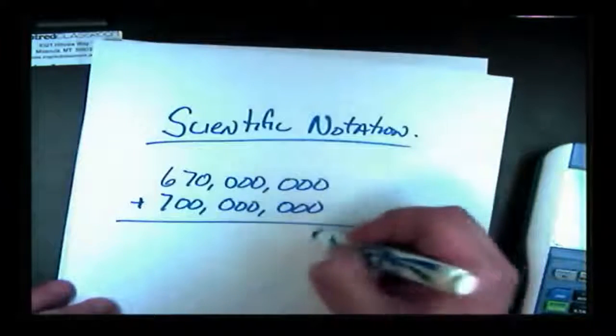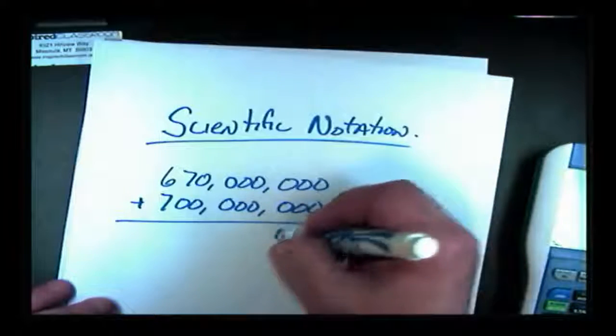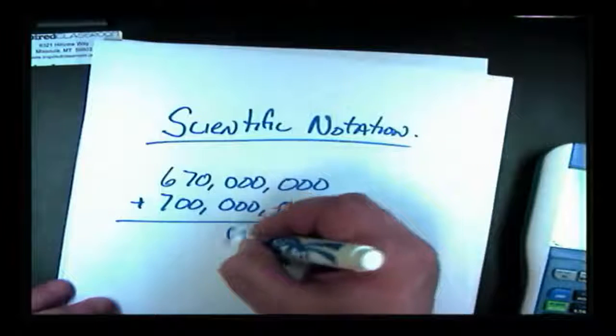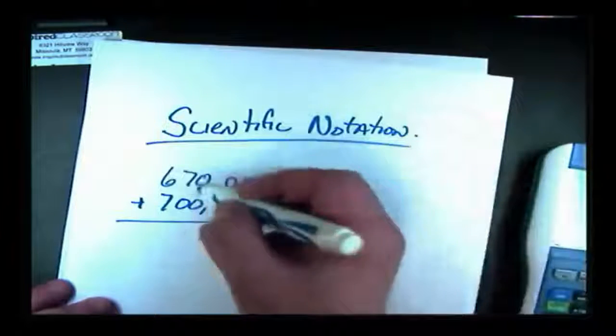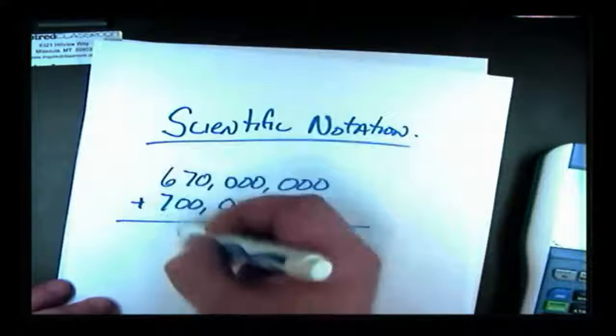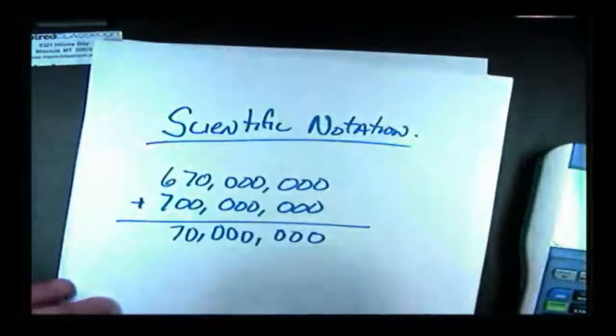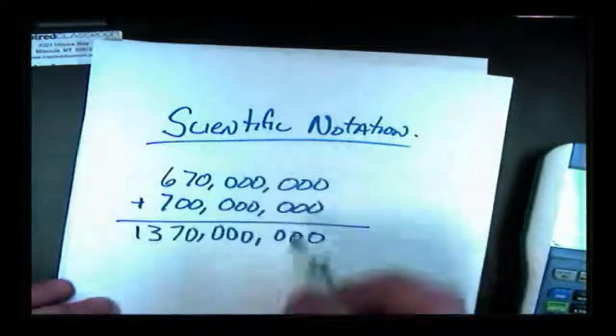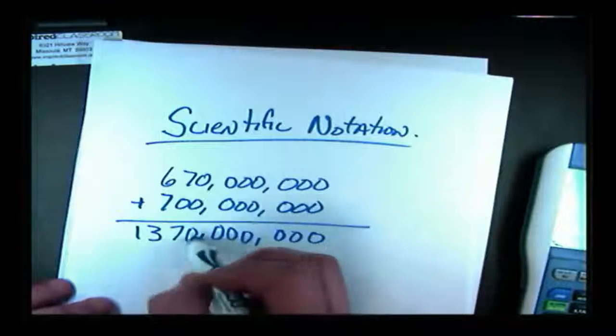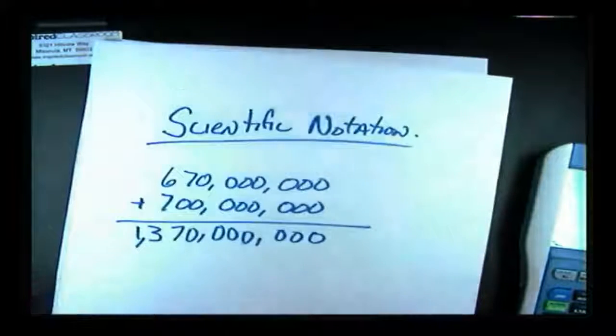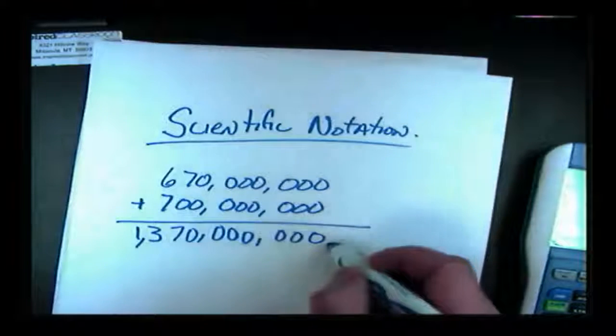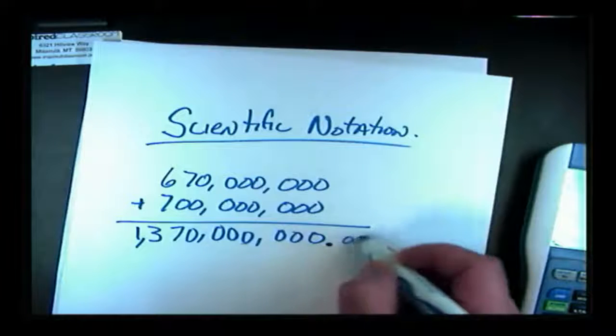So adding has been just like it always was. 0 plus 0 plus 0 is still 0. 7 plus 0 is 7, and 6 plus 7 is 13. 1, 2, 3, 1, 2, 3, 1, 2, 3. So right there, I have 1,370,000,000. That's my number, and represented in scientific notation, I go to my decimal point right here, and I count